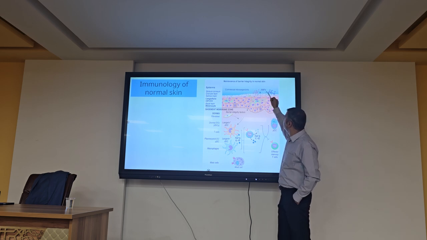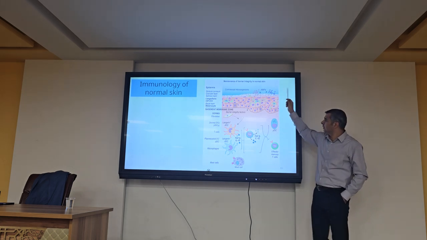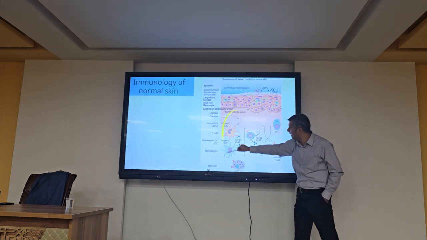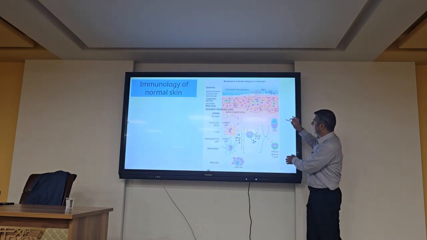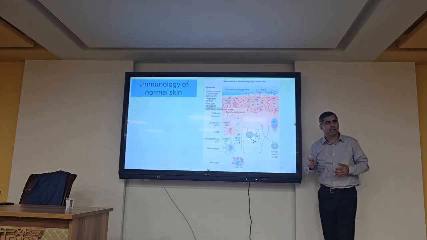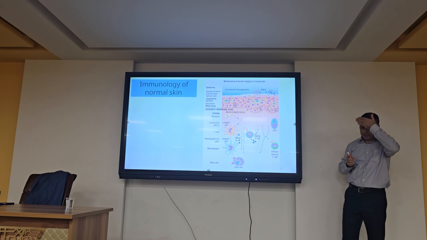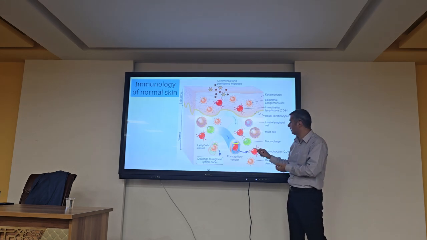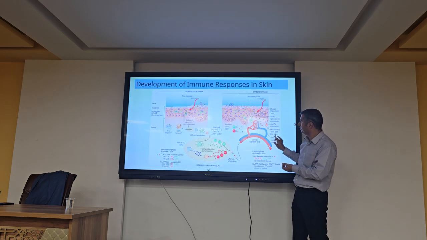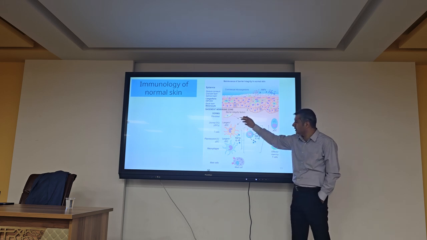Besides, we again have different kinds of antimicrobial peptides produced by epithelial cells, and we have scattered immune cells in the connective tissue. But similar to the intestine, in a normal situation we will have TGF-beta and IL-10 from Tregs and other